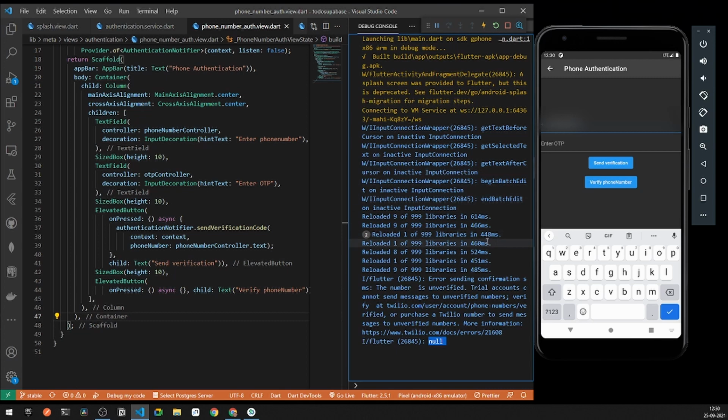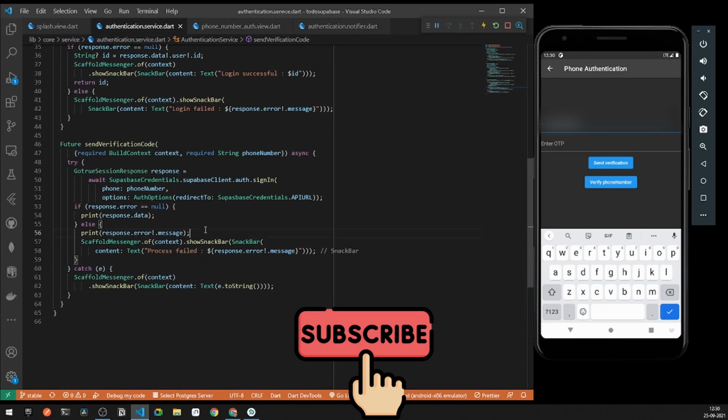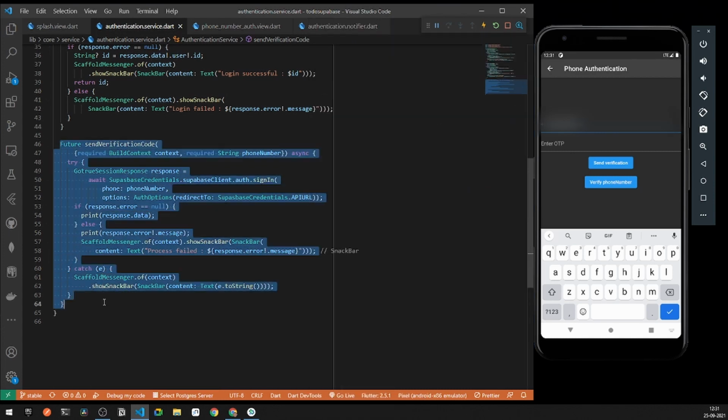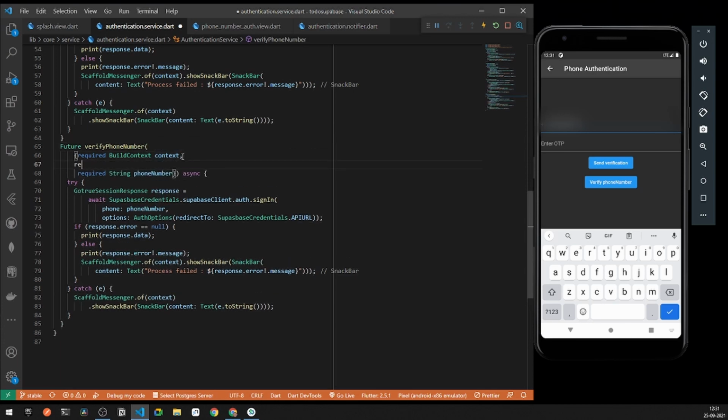So right now we are successfully able to send the OTP, but now we need to verify the OTP as well. I will be creating a new method for the OTP verification. So here you can see we have got the following null due to the following response does not contain any data. So what I can do now, I can copy the entire method and paste it one more time, and here I will simply say a method name to be verify phone number. So right now it will be requiring a token, I guess. So here I'll say a required string to be a token. So this should be it.